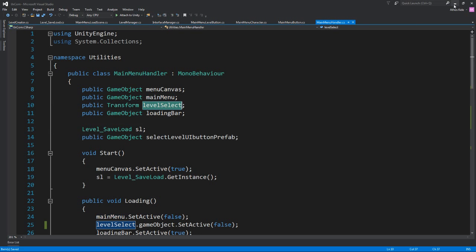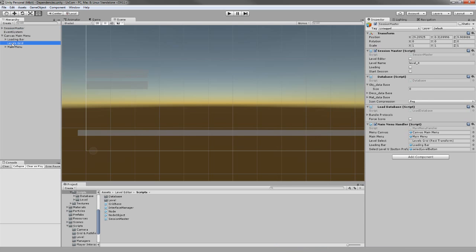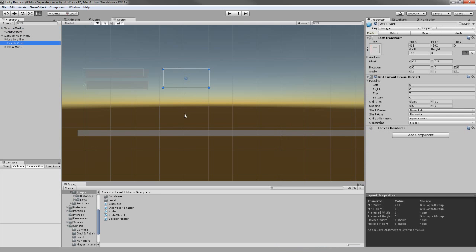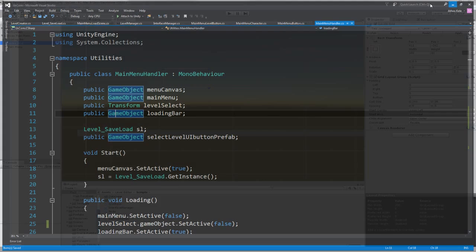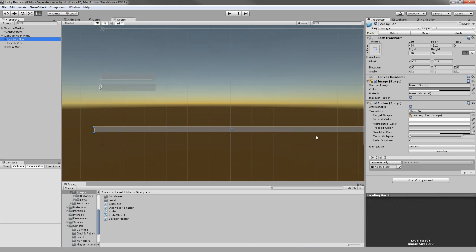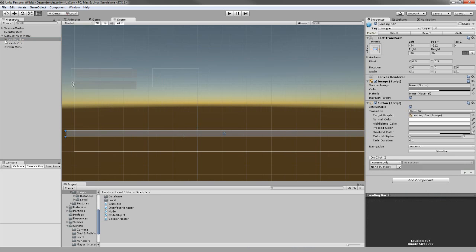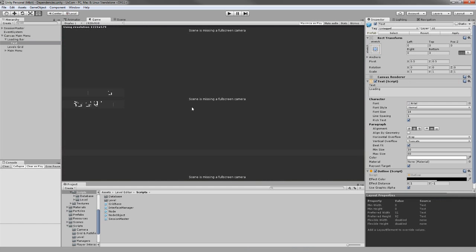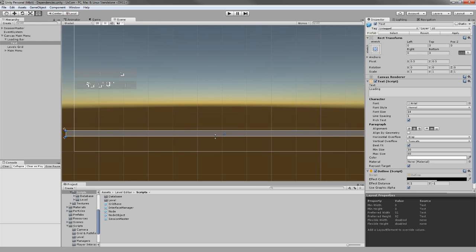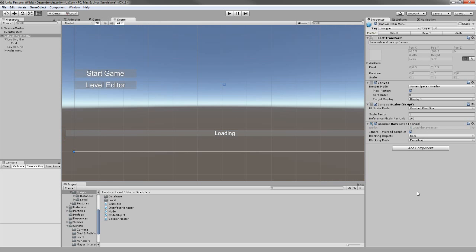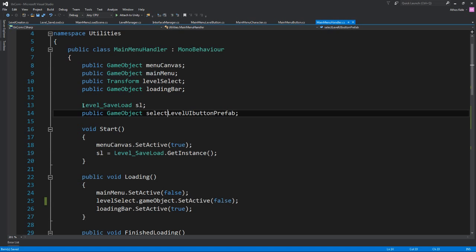The level select, which is the level grid, where all our levels are going to go as buttons inside this grid, and the loading bar is just a button that writes loading, and if you change it a bit like this, it's going to show. Okay, simple. So we need a reference to our level save load,